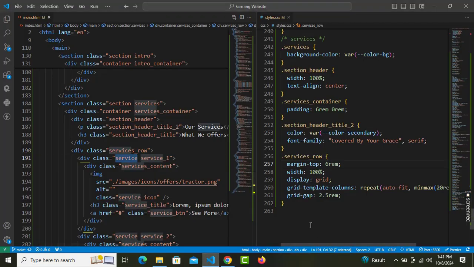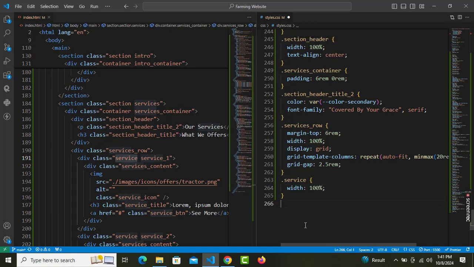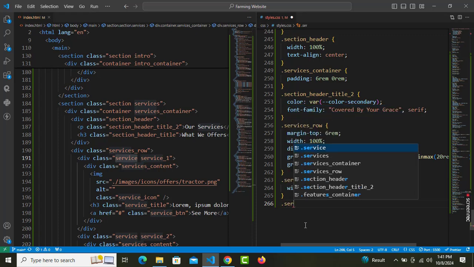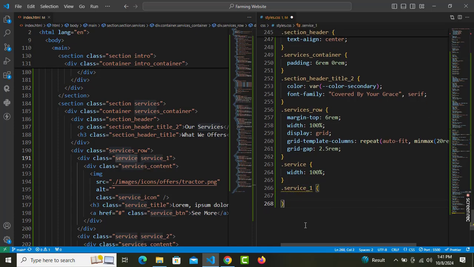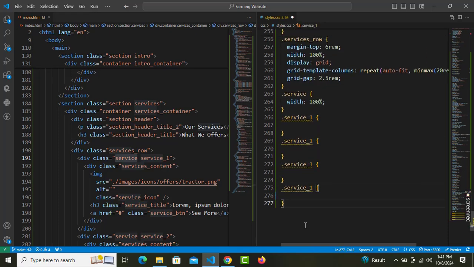Okay, so this service will have some common CSS. Width will be 100%. And let's move on to service underscore 1. I will copy and paste this couple of times, so 2, 3 and 4. This is service 1, service 2, 3 and 4,